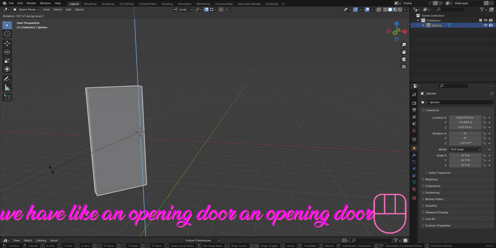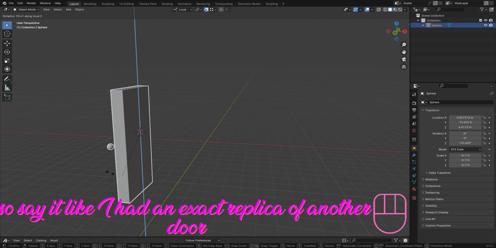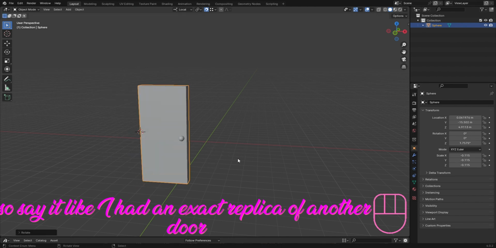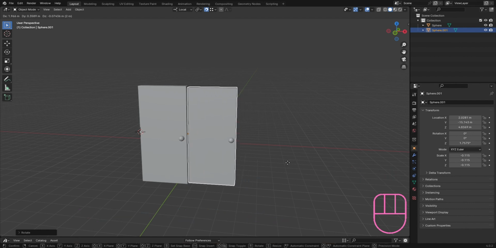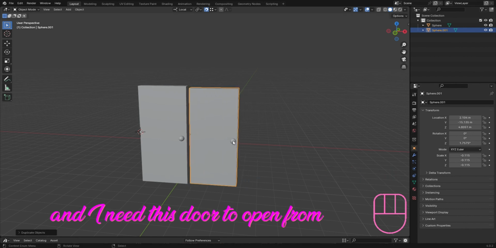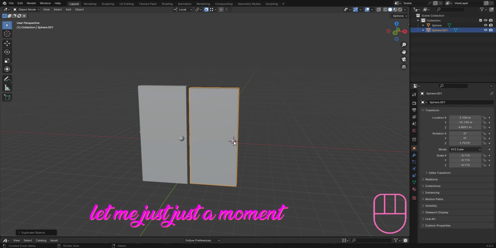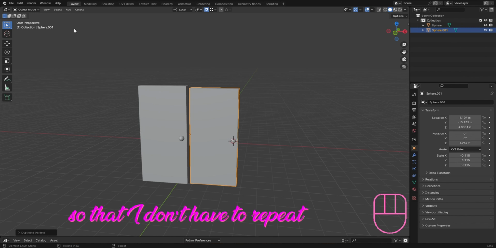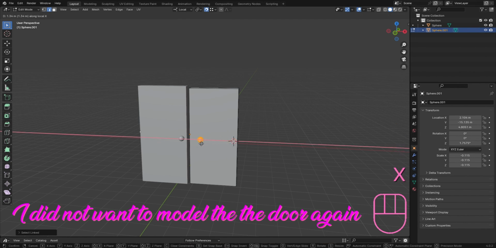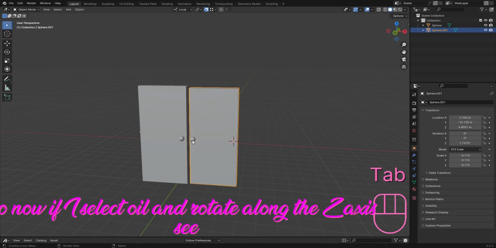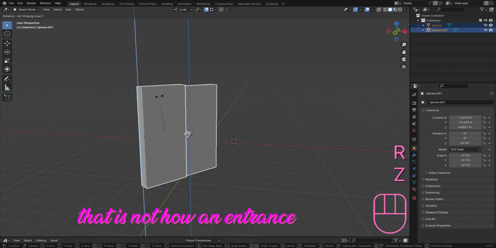Say I have an exact replica of another door right over here, and I need this door to open from the other side. I did not want to model the door again. So now if I select all and rotate along the Z-axis, see,